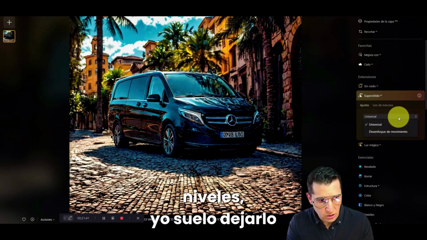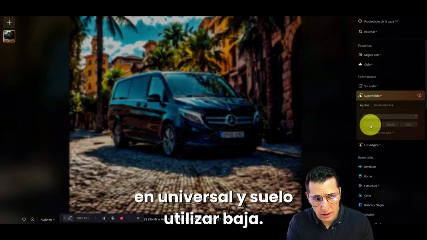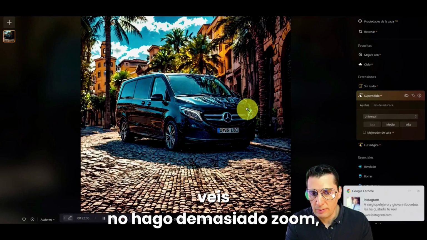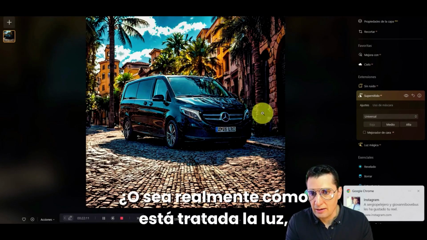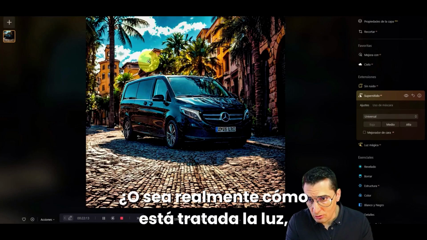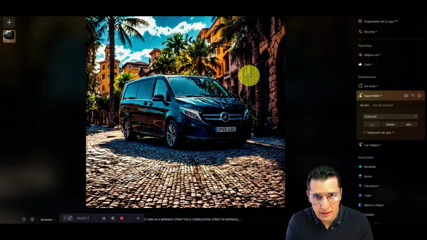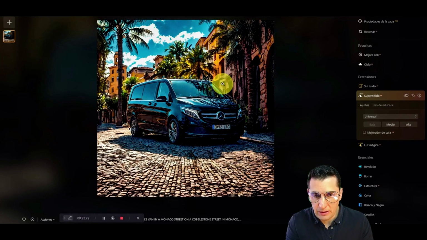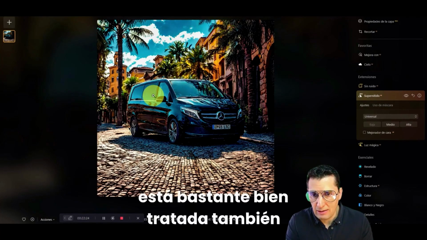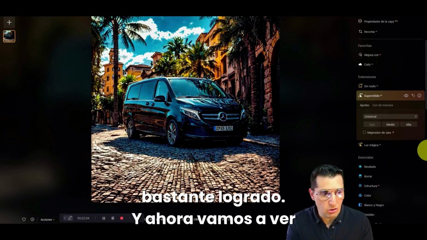There are 3 levels. I usually leave it in universal and I usually use low. You see? I don't zoom in too much. As you can see, it's amazing, right? I mean, really how the light is treated, how the shadow of the vehicle is perfectly adjusted, how it fits on the street, the proportion of the van with respect to the buildings that are seen in the background. I think it is quite well treated too, with respect to the door of this building, right? It is also quite achieved, and now we are going